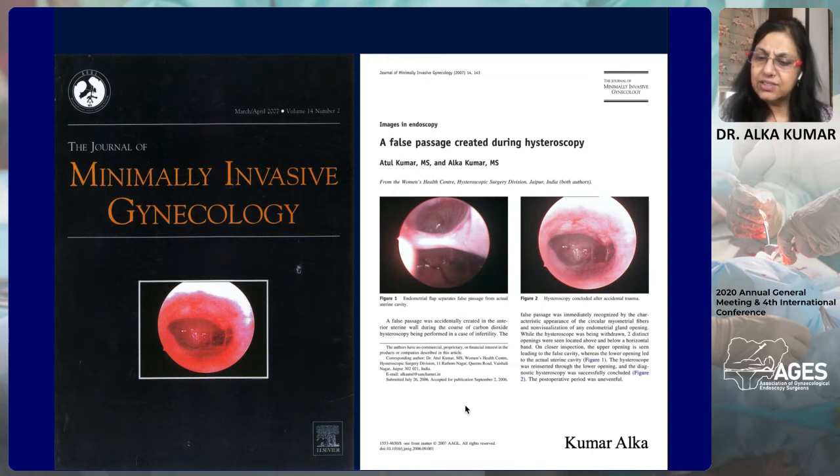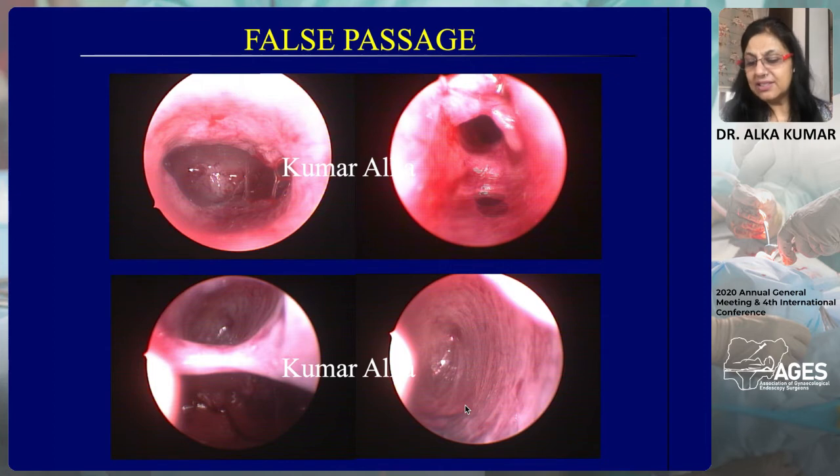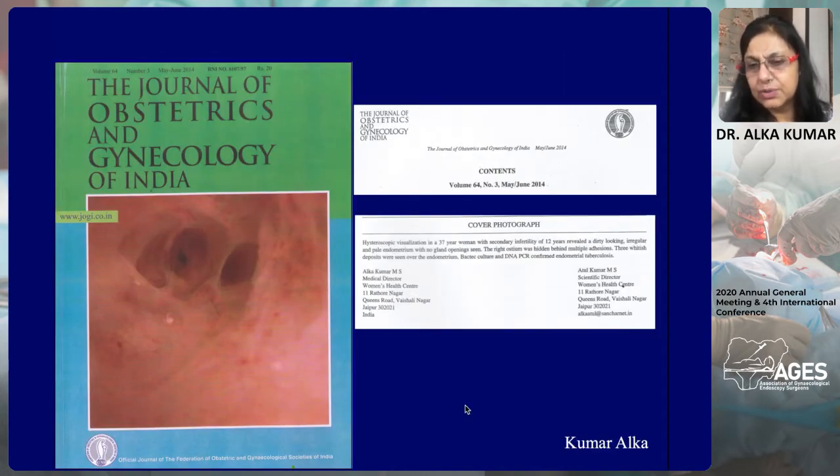Again, when we are doing this surgery, what can sometimes happen is a false passage which can get created during hysteroscopy. We were published again with a cover page image on the false passage. What is important in recognizing a false passage is that you are in a tubular, circular muscle fiber. You're going to see the circular muscle fibers, you're not going to see the tubal ostia, you're not going to see the anatomical landmarks, and this should immediately tell you that you have created a false passage, and that is a possibility in patients undergoing adhesiolysis or with genital tuberculosis.